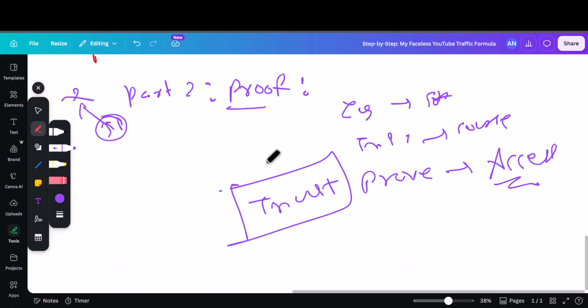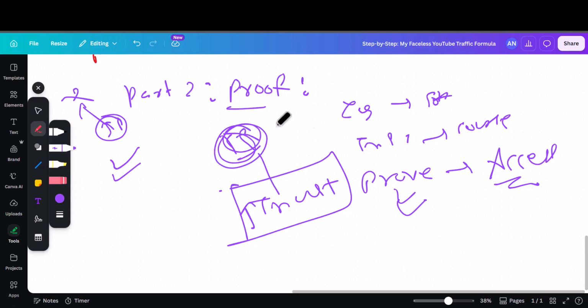And trust is what matters in sales, right? This is how you make money, by increasing trust. So you gave the hook, you told them that they are in the right place. Now you proved to them that you have access to that particular thing, whatever you are talking about. So yeah, that's good as well. So they will stay on that video if they are looking for an answer for that.